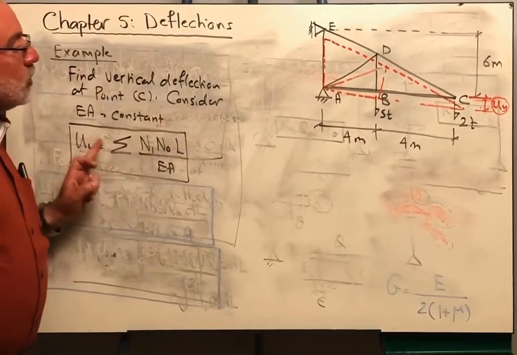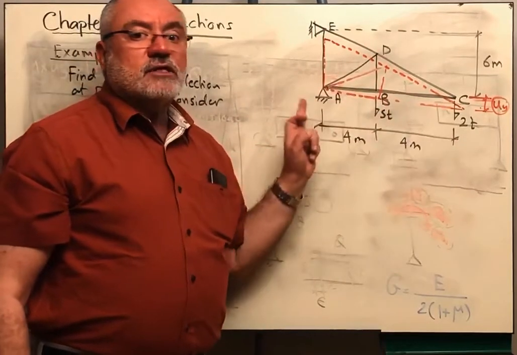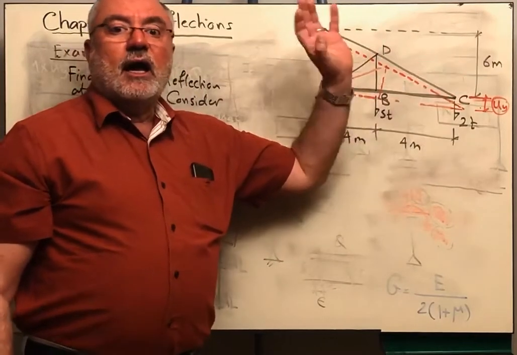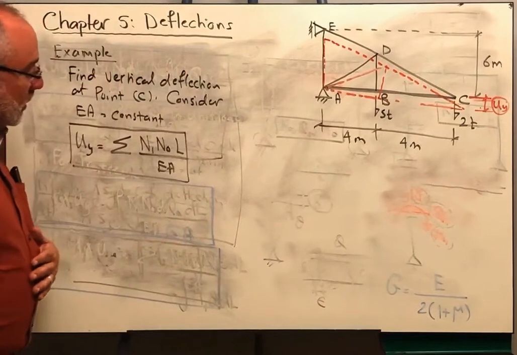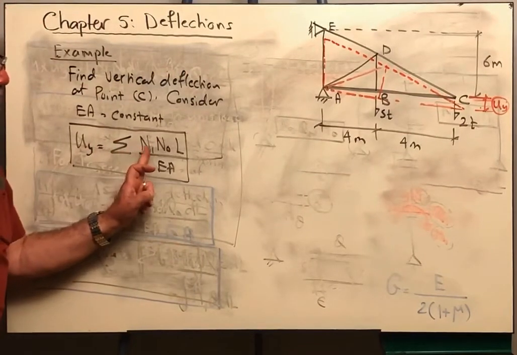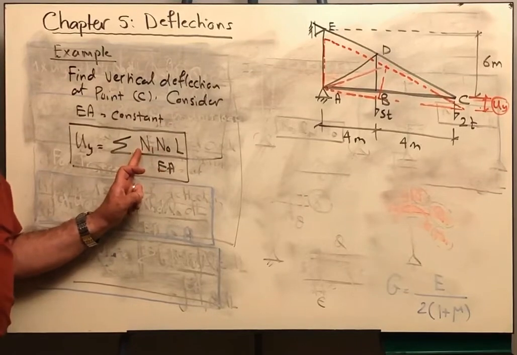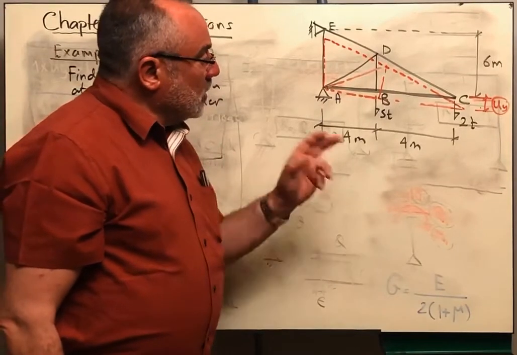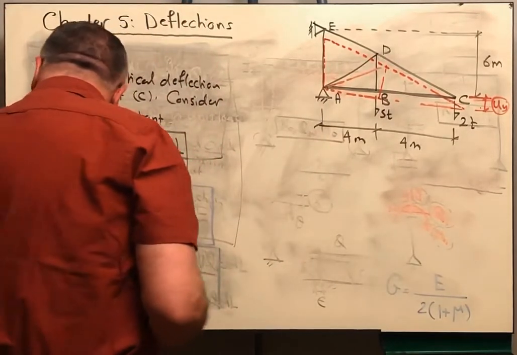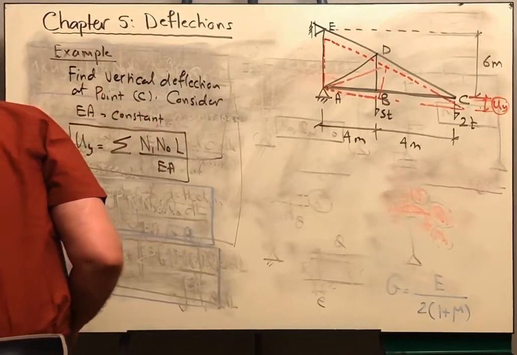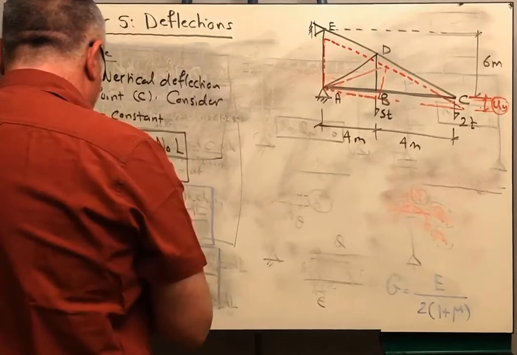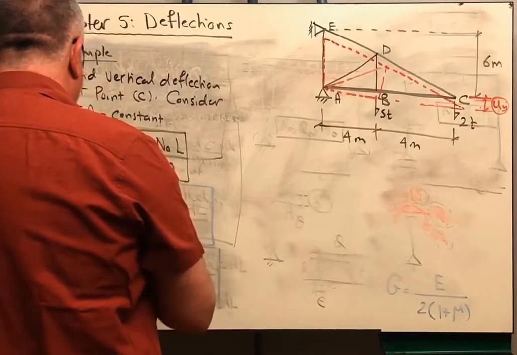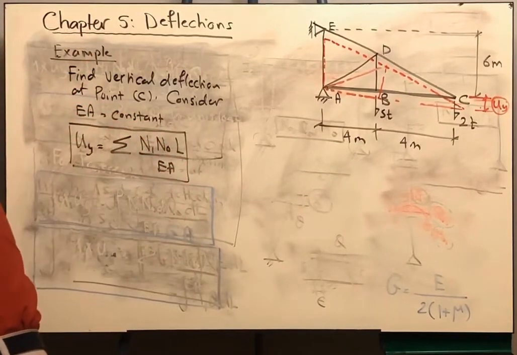But he told me in the question that we can consider all of the members to have the same cross-section and the same Young's modulus. They are all composed of the same material and of the same cross-sectional area. Therefore, we need to determine the normal force due to the unit load and the normal force due to the main system. Let us solve first for the main system. Now, in the main system,